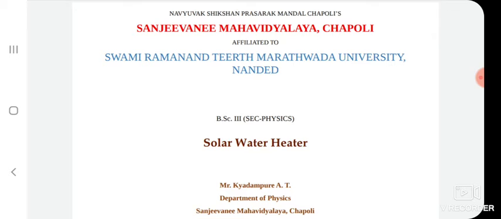A solar water heater works on sunlight. The sunlight which is coming from the sun gets collected on a solar thermal collector. That solar radiation is converted into thermal energy by using that thermal collector, and that thermal energy is used to heat water. There is simple science behind a solar water heater.